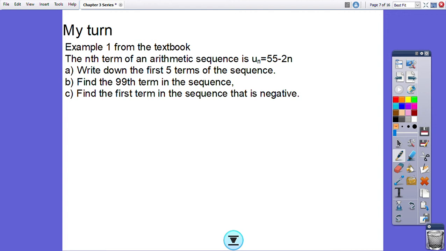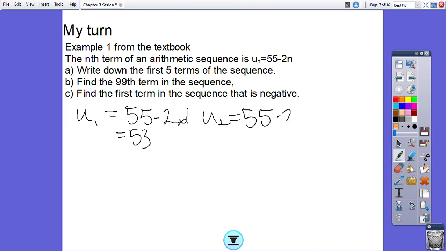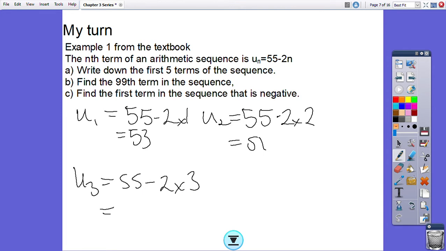So in part A, we just have to write down the first 5 terms of a sequence. So we are going to write that U1 is 55 minus 2 times 1, which is going to be 53. U2 is going to be 55 minus 2 times 2, which is 51. U3 is 55 minus 2 times 3, which is